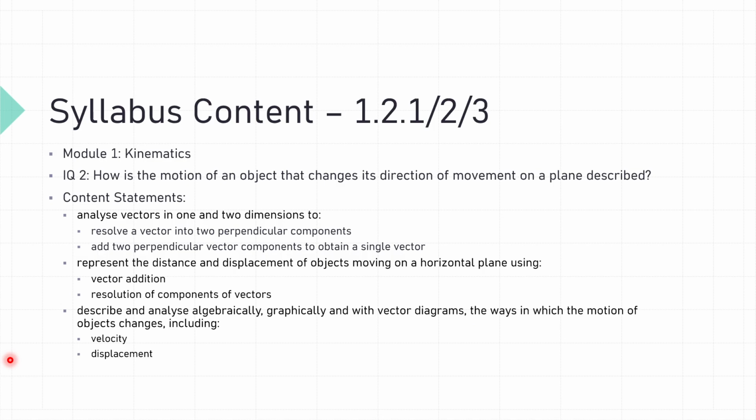So we're still looking at dot points 1.2, 1, 2, and 3, getting through this second inquiry question that asks, how is the motion of an object that changes its direction of movement on a plane described? Again, all of these content statements are about combining vectors in 2 dimensions through addition and subtraction processes. Our focus today is really getting into the analysis of those vector diagrams to actually be able to calculate resultant